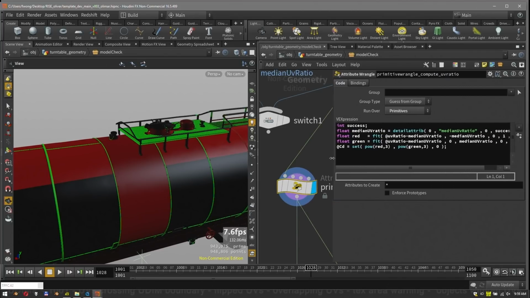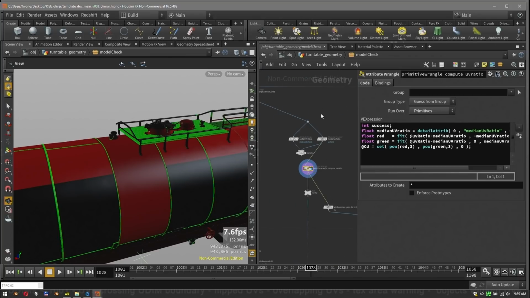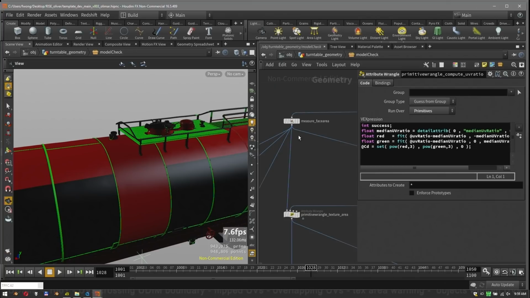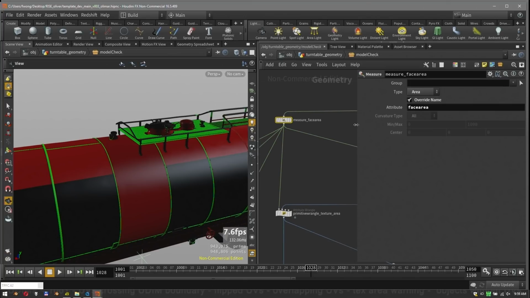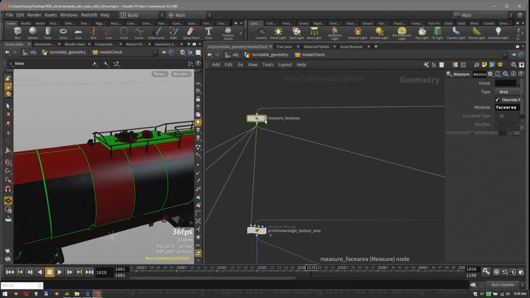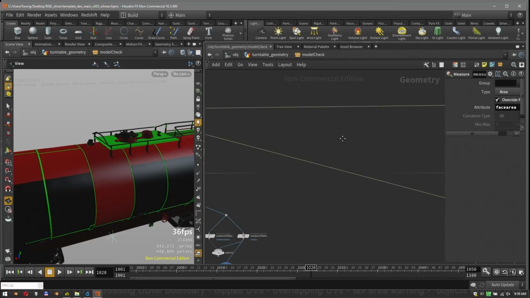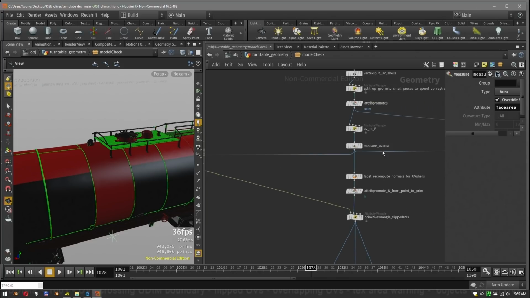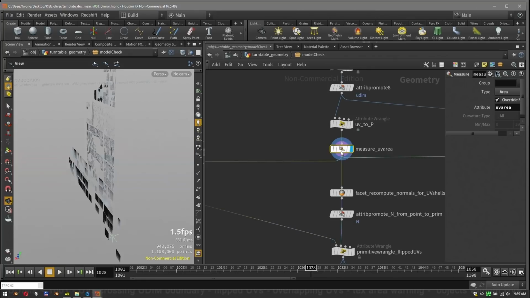I did measure stuff. Did I? Ah, yeah, texture area. So to be able to compute the UV ratio, you have to, of course, measure the area that your face covers in world space, and then compare it to the area that your face covers in UV space. So I'm doing two measures, and then I just